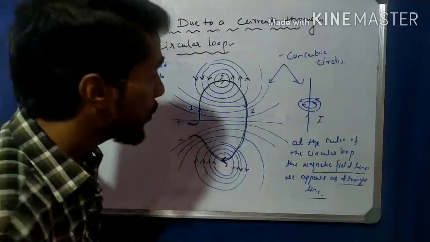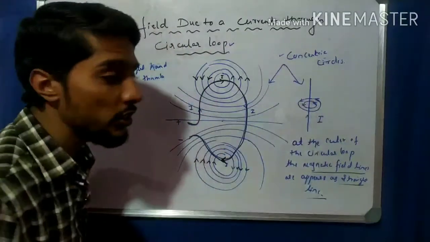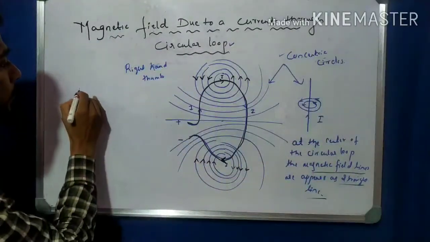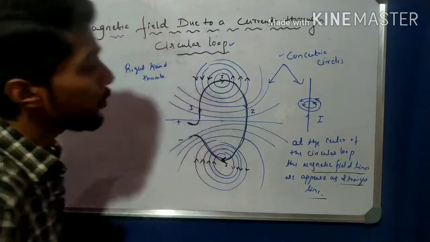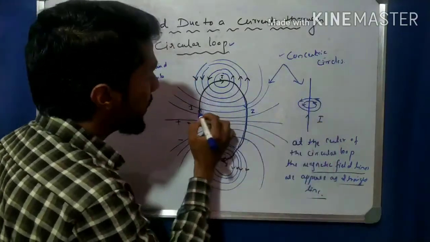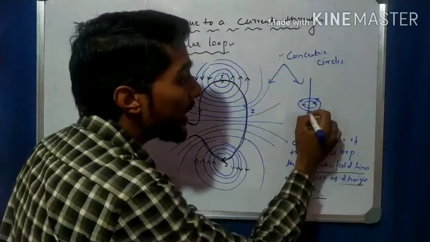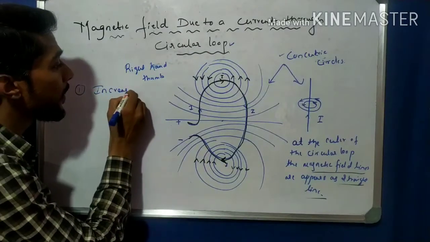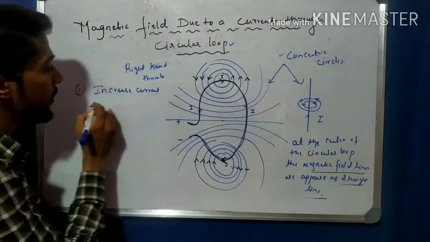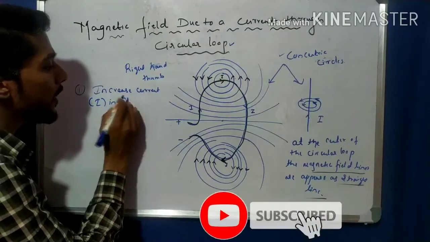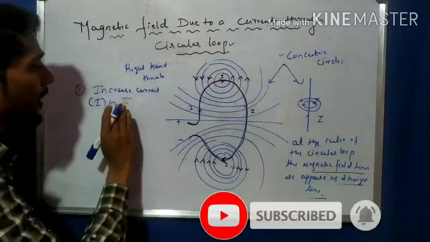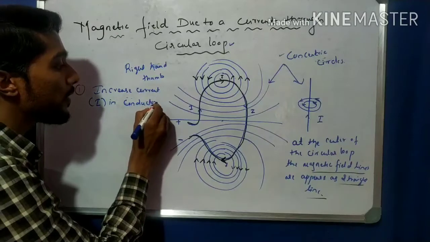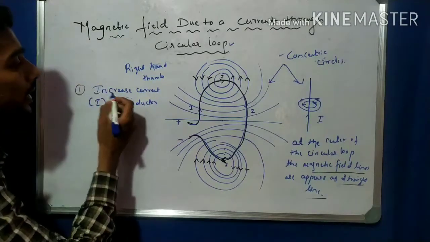So straight magnetic field. Now let us try in both the cases, in the straight conductor and in the circular loop, what happens here. First point that is very important: this is the current in this loop. Whenever the current in the loop increases, the current I in the conductor, both maybe straight conductor, maybe circular loop, increase current in conductor,